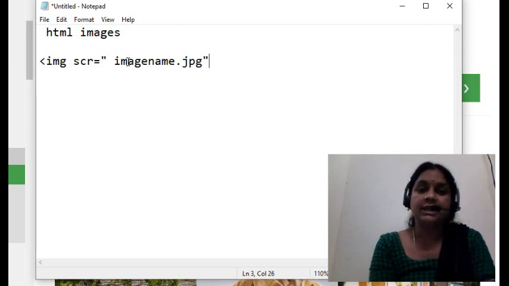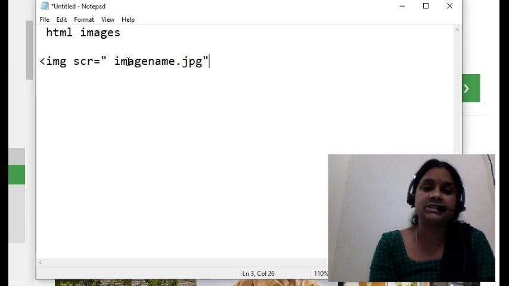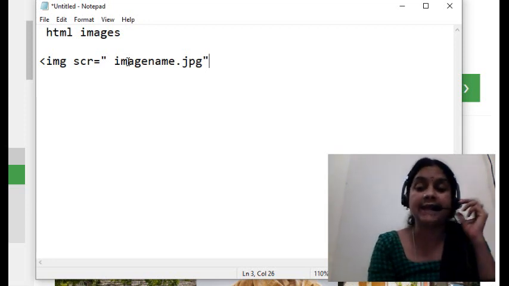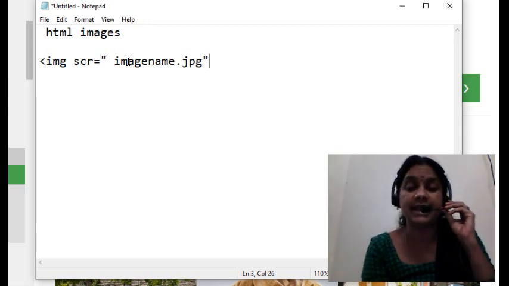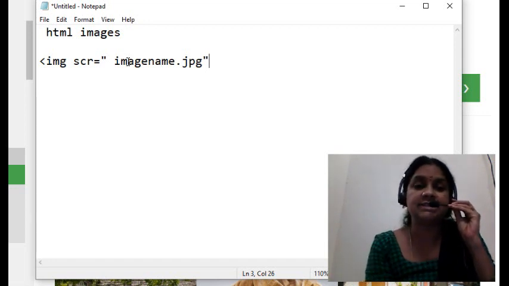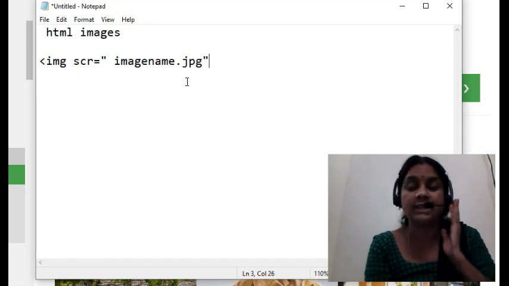If it is a java program, it is dot java, if it is a c program, it is dot c, if it is html, it is dot html. That means the computer can easily identify what type of program it is. If it is image name dot html, that means it is not an image.